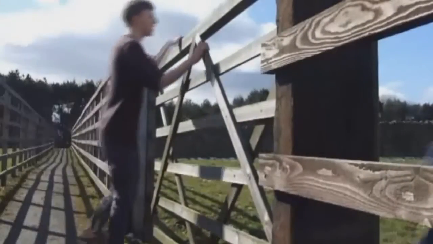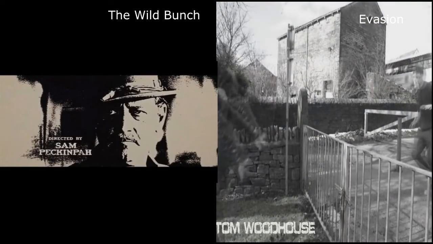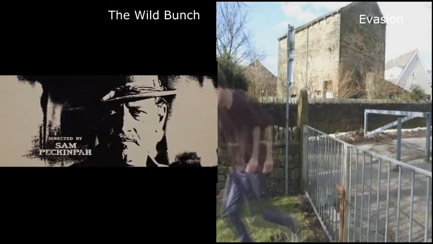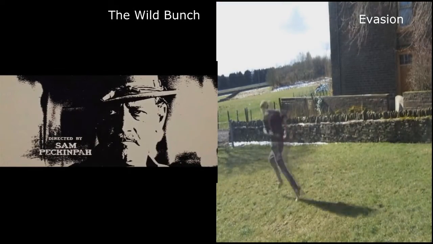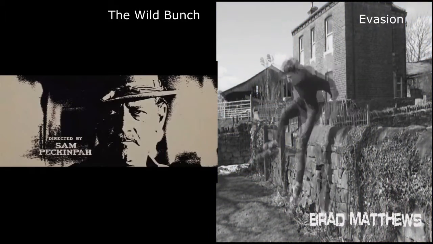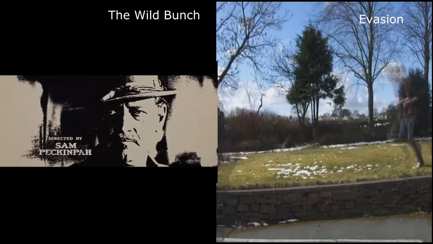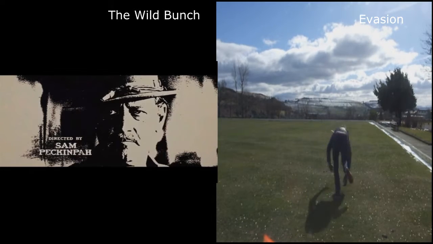A convention that we developed from viewings of real media products such as The Wild Bunch was to use the black and white effect freeze frames to introduce the titles. We decided this didn't fit the atmosphere of an action film, so we developed this by slowing the clip down with the black and white effect when bringing in the titles. This didn't take away from the speed and intensity of our film.